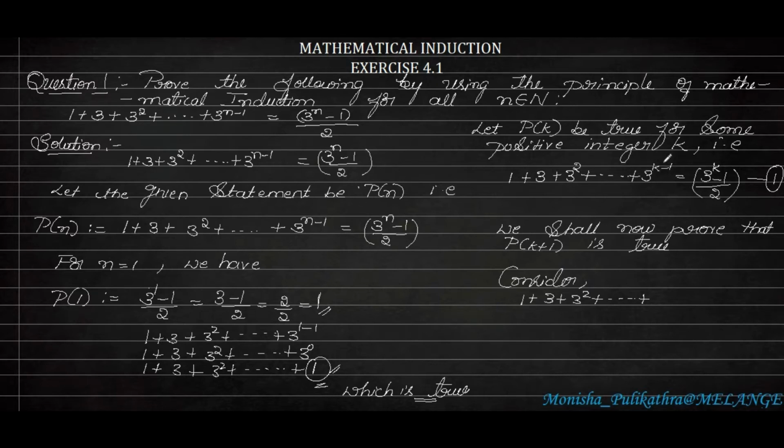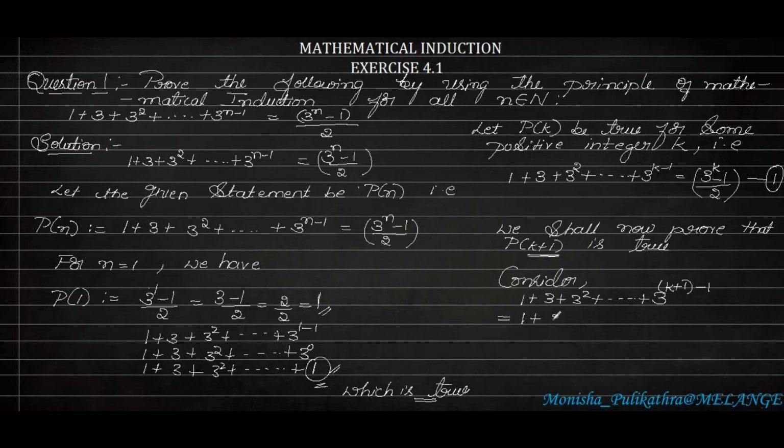So in the place of k we have to take k plus 1. In the place of k we have to take k plus 1, so k plus 1 then minus 1. In the place of k we have to shift it as k plus 1, then the minus 1 will come as it is. Okay. So next n is equal to 1. So what happens here?